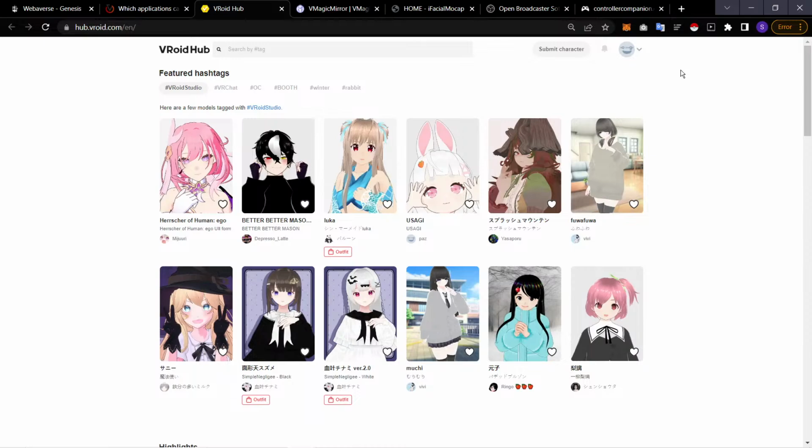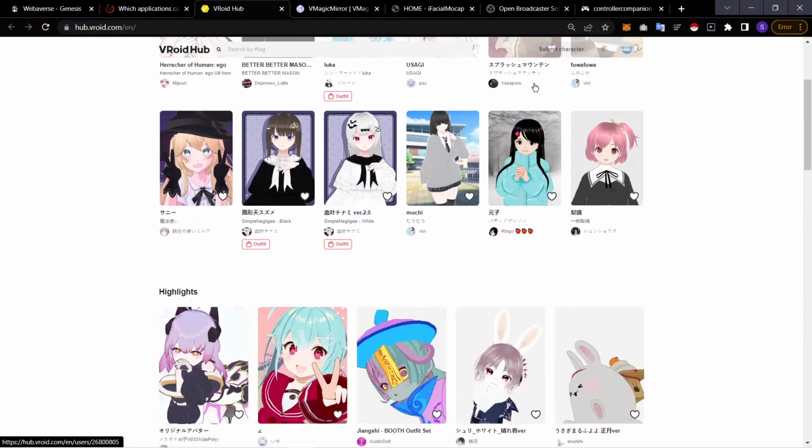VRoid also has VRoid Studio, which allows you to create avatars from scratch. And I know Webverse is building out something similar with Character Creator, but that is another application that's within this Pixiv ecosystem. So you can go through and you can look at thousands of different avatars created,